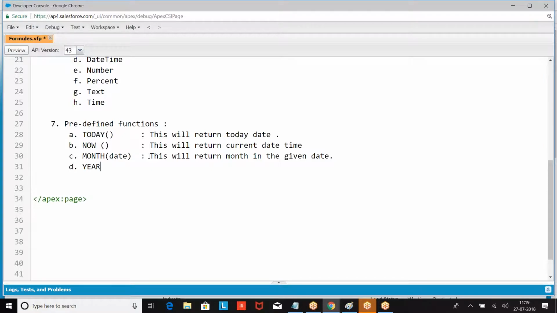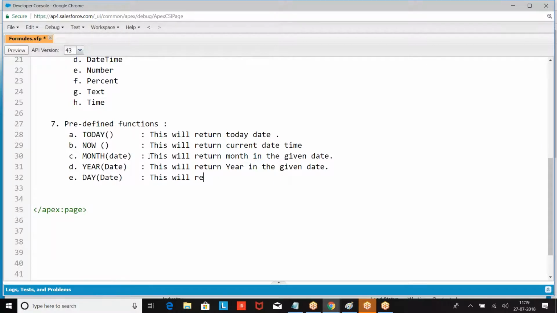Year is written year in the given date. Then today, now, month, year, day. This is written day in the month.